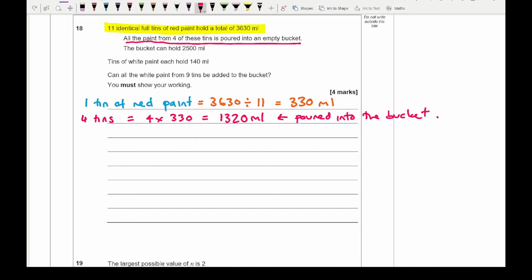So if that's been poured into the bucket and the bucket can hold 2,500, in the bucket we've got 2500 minus 1320, and that equals 1180